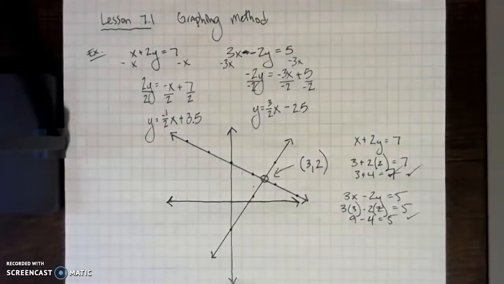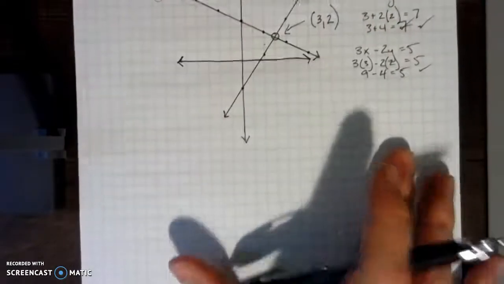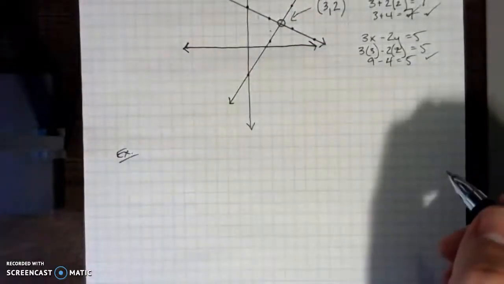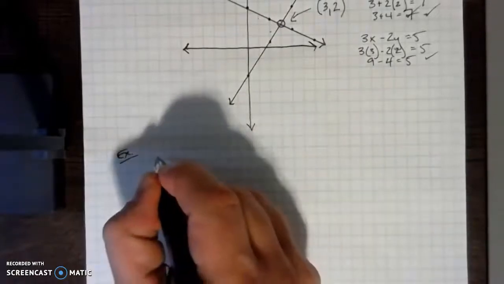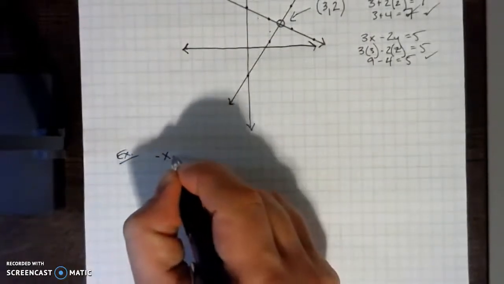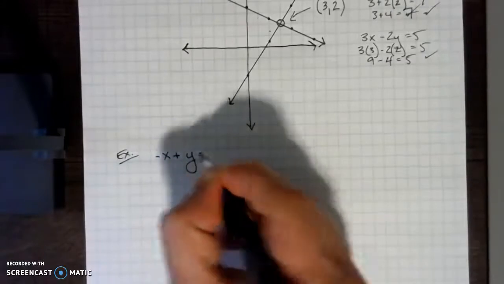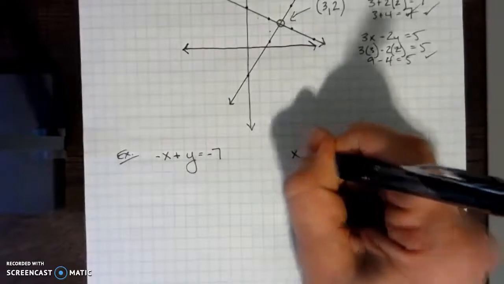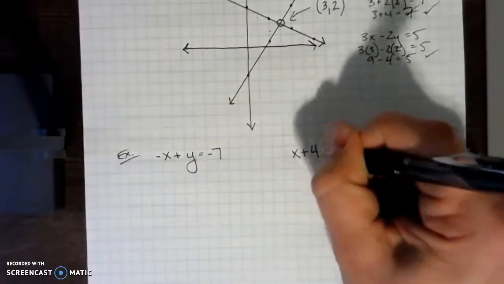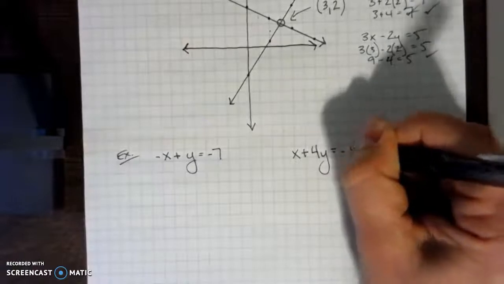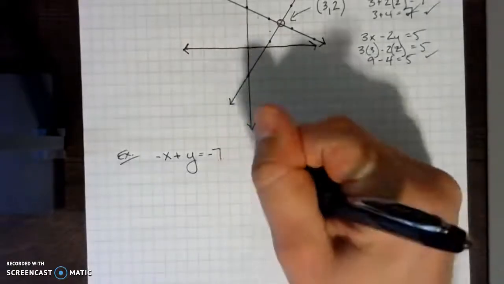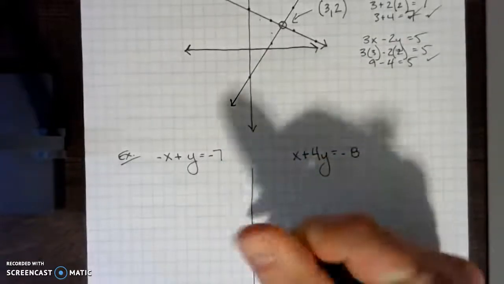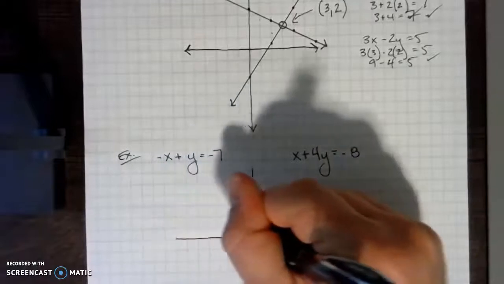Alright, I'm going to go through one more example, and that'll be our notes for today. And then you'll be able to work on the classwork. So, let's say we have negative x plus y equals negative 7, and we have x plus 4y equals negative 8. So if I draw my coordinate plane here,